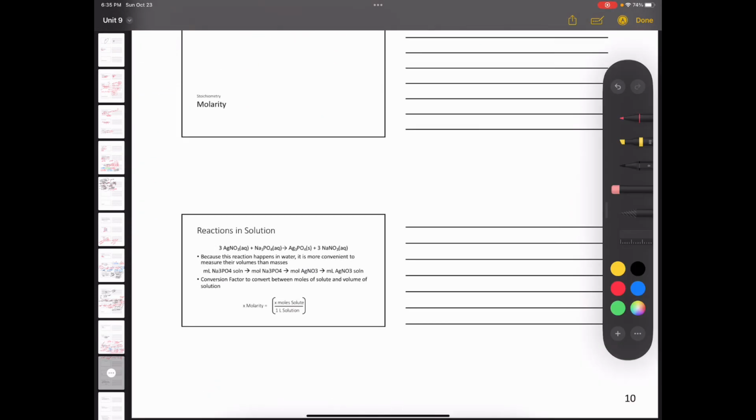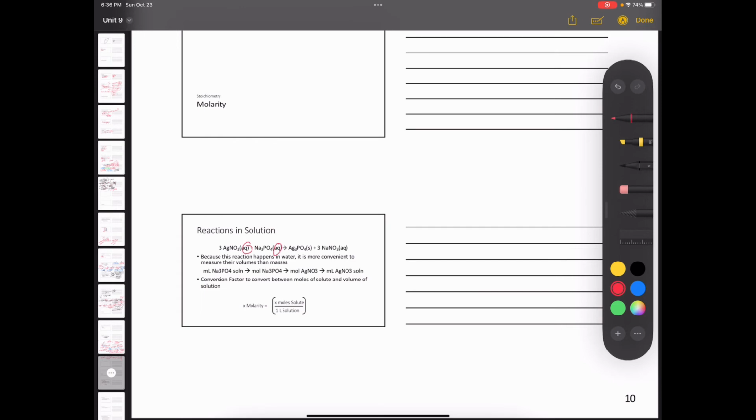So for molarity calculation, this is the last part that we are going to cover in this unit. Up to this point, all the calculations we have been doing mostly are converting between grams of a substance to moles by using either the atomic mass or the molar mass, and then converting from moles of one substance to another, either between the products or between a product and a reactant, using the stoichiometric balance of the balanced chemical equation. Okay. In some instances, reactions take place in a water medium, also known as aqueous solutions,